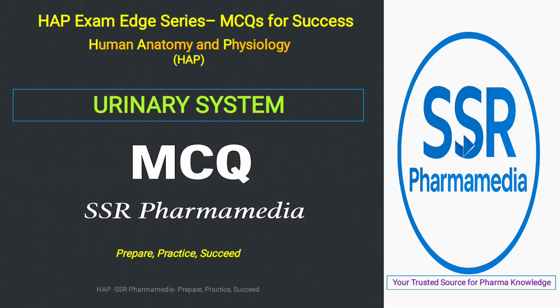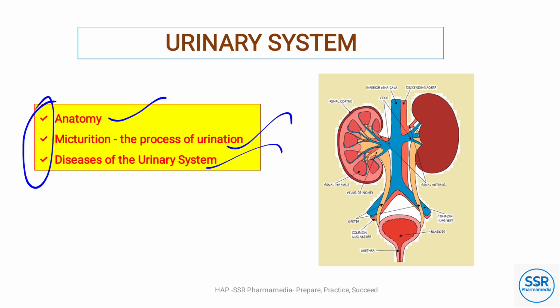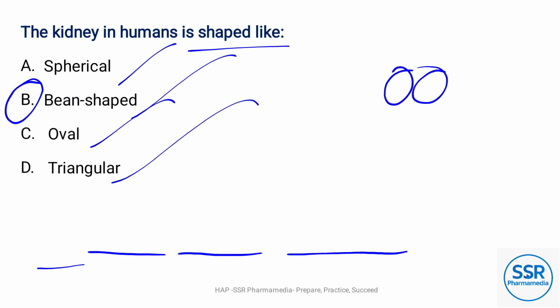Today we are going to discuss the urinary system. Prepare, practice, succeed. So in the urinary system we are going to discuss the anatomy of the urinary system, micturition, which is the process of urination, and diseases of the urinary system. The first question: the kidney in human is